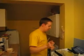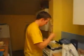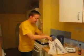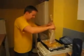Welcome back to part 2. In this part, we will be covering the addition of the chips to the oven. What you don't want to do is to take a chip and add them to the tray one by one. I've done it, it takes a long time. What you want to do, grab the bag, stick them in like that, being careful not to leave the bag